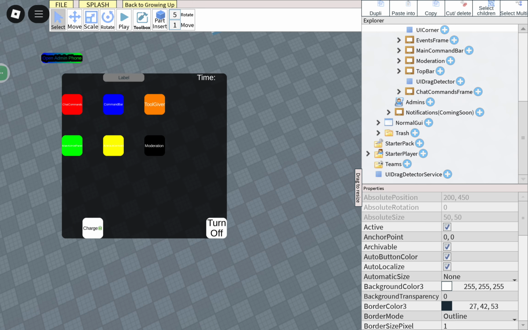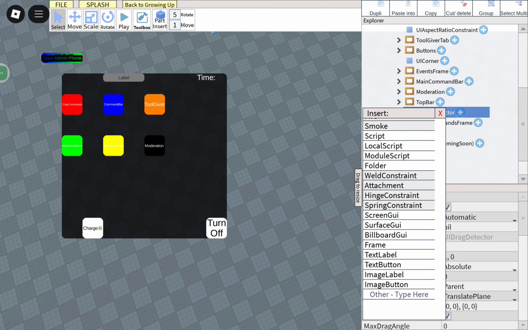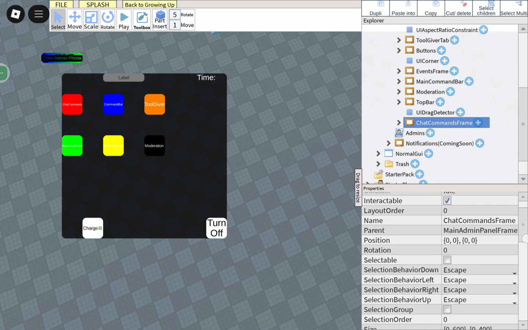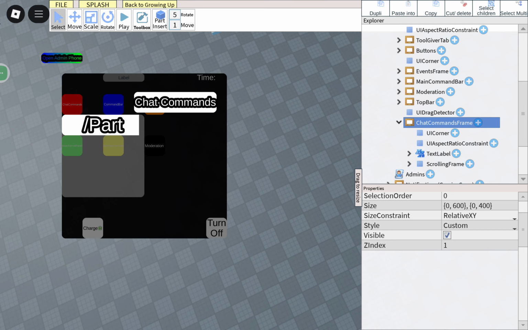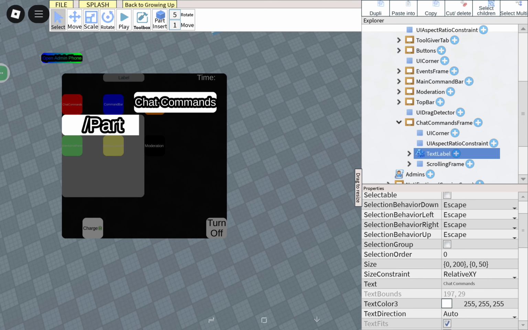Then that's next. There's a UI drag detector, and I didn't change anything to that. So now let's go to the chat commands frame. You have to change the text to... wait a minute. Okay, there's first add